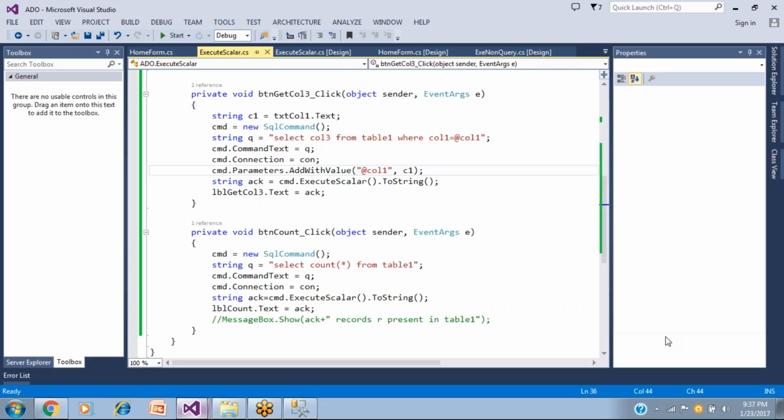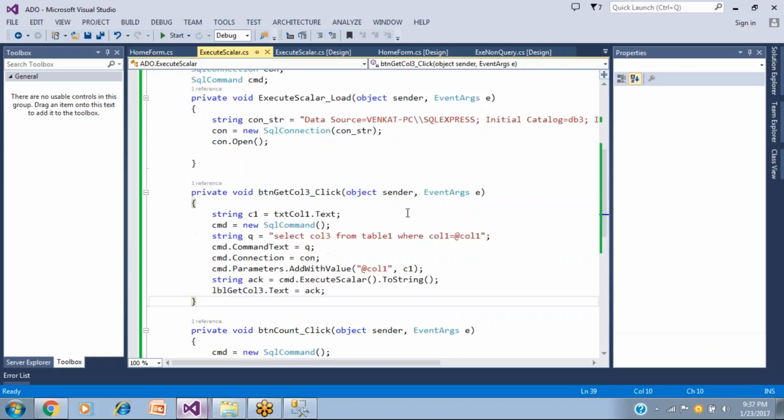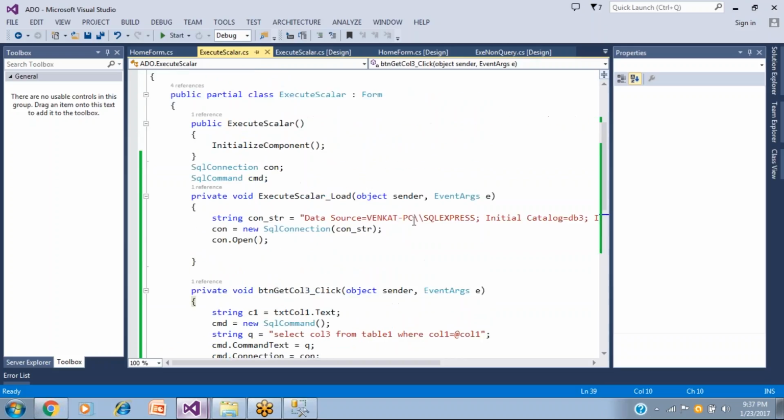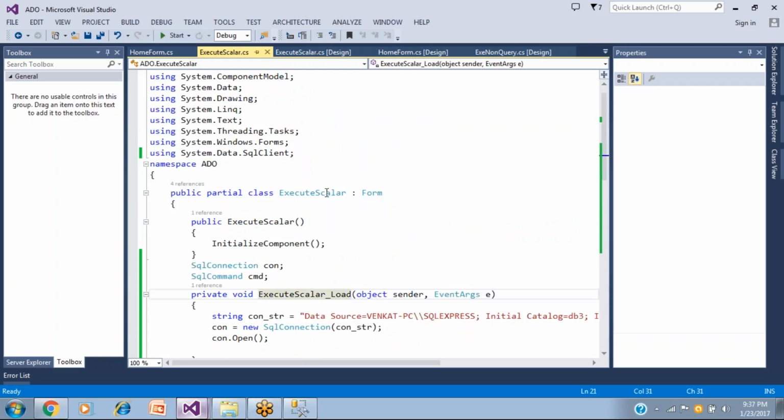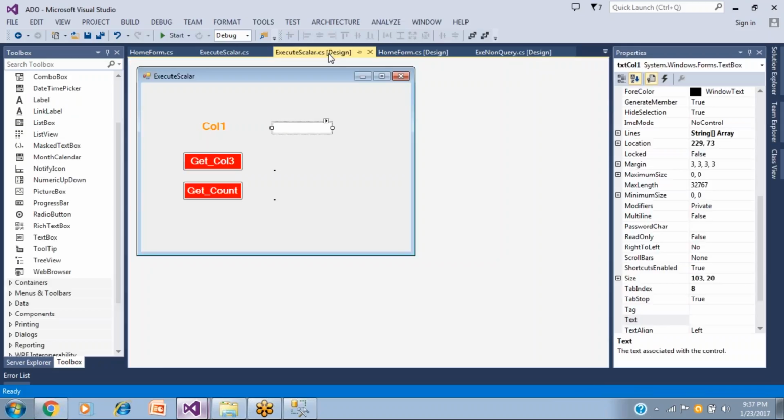So what is the control that holds it? The control that helps us deal with it is something like a grid view. We need an additional query in order to deal with that particular topic. So the topic is about reading a huge amount of tabular data.